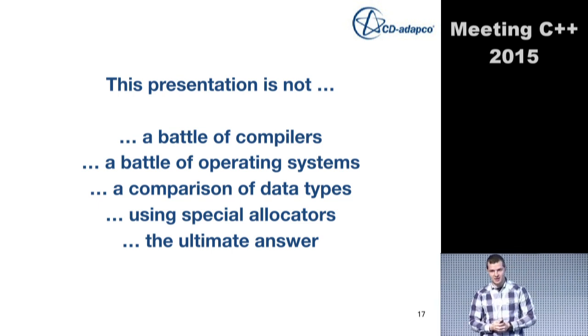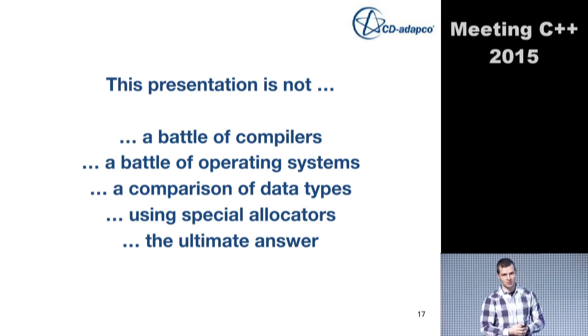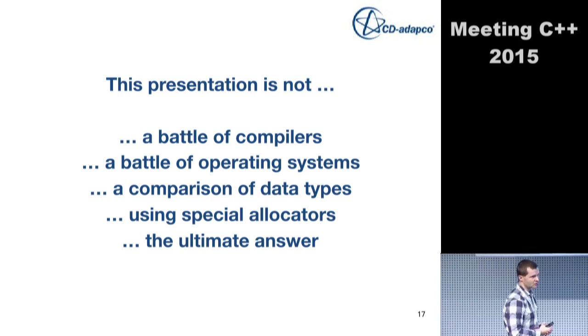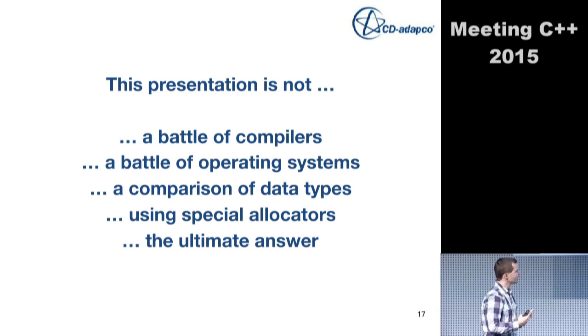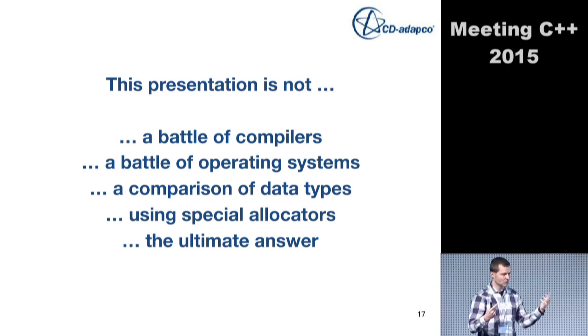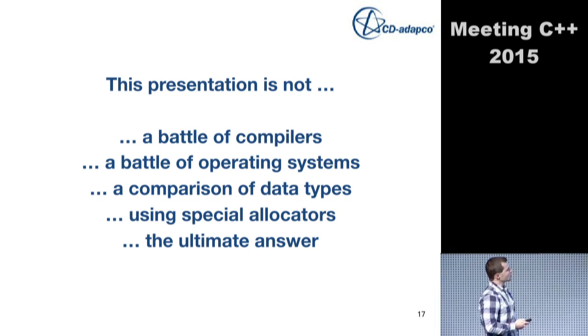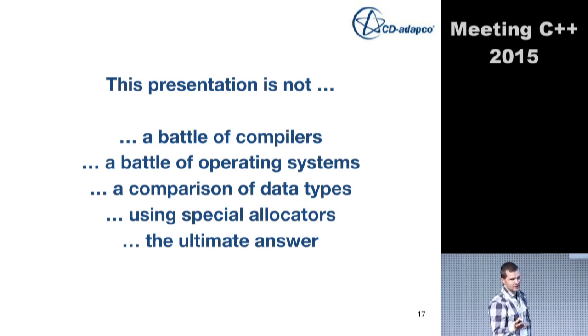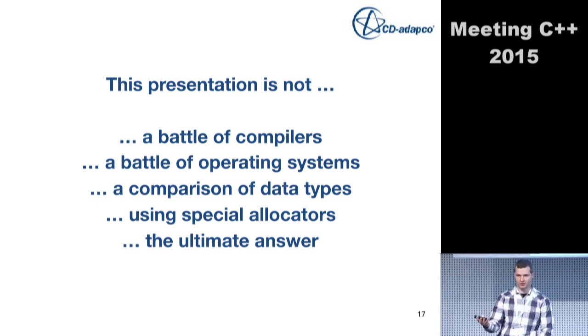Also, I don't have the time, unfortunately, to compare data types, so I'll restrict my benchmarks to integer, which is, of course, a fairly simple data type, but basically the integer represents everything that is built in, of course, and everything that can be copied cheaply and or moved. Yeah? Everything that is expensive to copy, cannot be moved. Okay, this is unfortunately not part of this talk. Also, I do not take special allocators into account. I will just use the standard allocator, which basically uses new, of course.